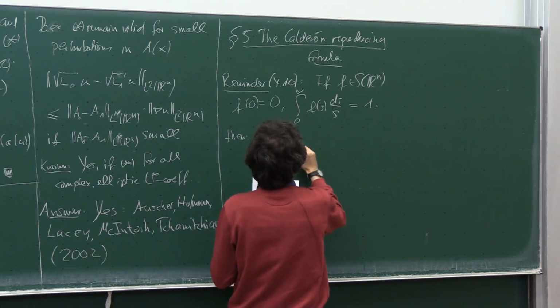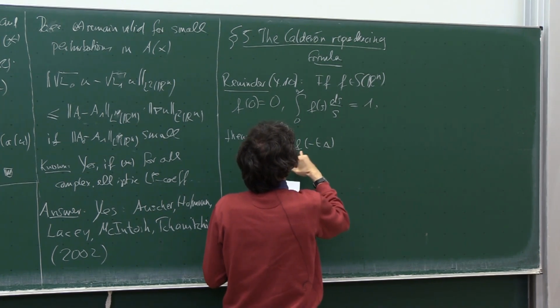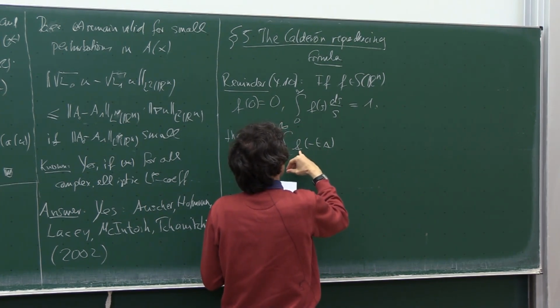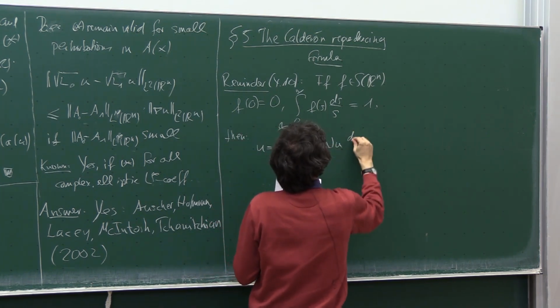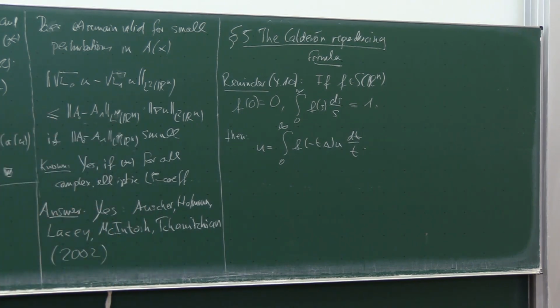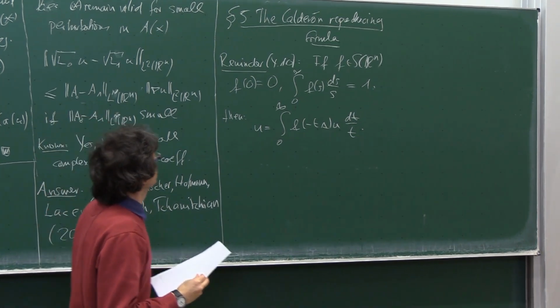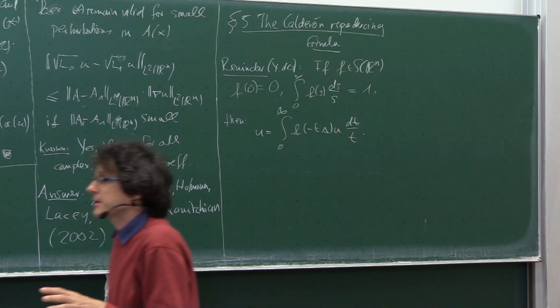So you can write it, by using functional calculus, you plug in the Laplace operator into the function f of minus tz and apply it to u, and then you integrate this function with respect to the measure dt over t. This was the result in 410. And now if you look at this result, it looks like it could be